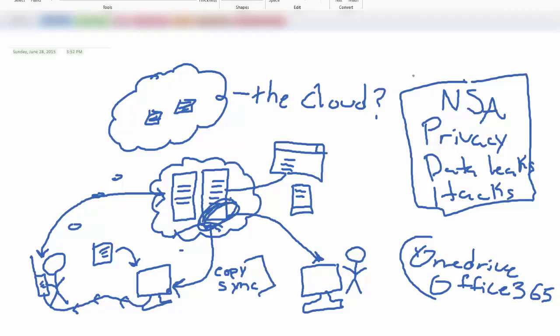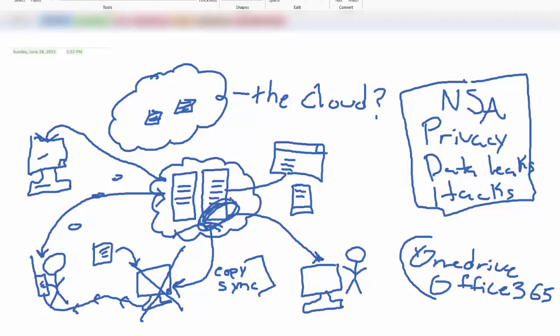The other thing I like about cloud storage is that it is an automatic backup of your information. The servers keep track of file changes and make sure that your information is always kept synced there. So if your computer were to crash, normally you would lose all your information. But if you have everything set up in the cloud, then all you have to do is go out and buy your new computer. Your brand new, really cool looking computer, and you just sign back in through the website, or you sign back in through your service, and it will begin to re-download and resync all of those files that you had synchronized